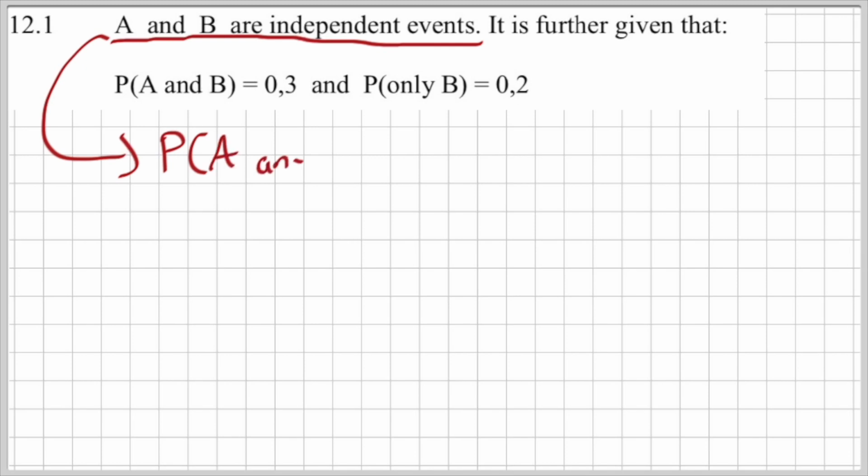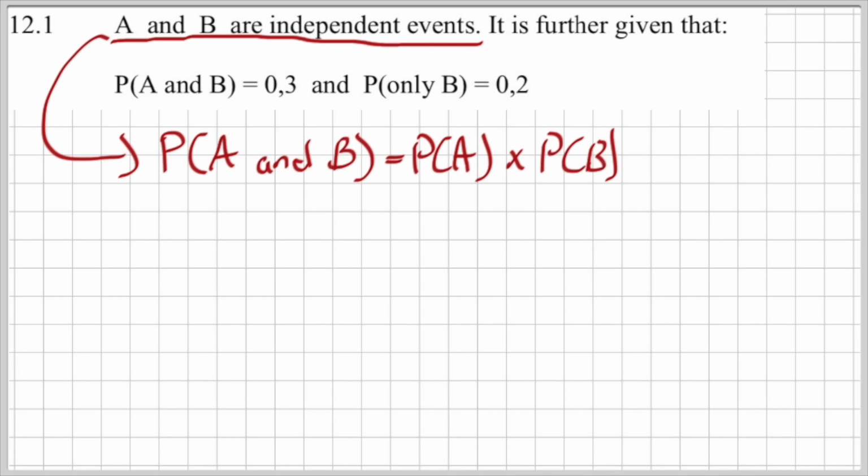So the probability of A and B is equal to the probability of A times the probability of B. That is very, very, very important, okay? Ladies and gents, I cannot stress this enough. They are going to ask you about independent events in your exam, and this is the formula you are always going to need. It is further given that the probability of A and B happening is 0.3